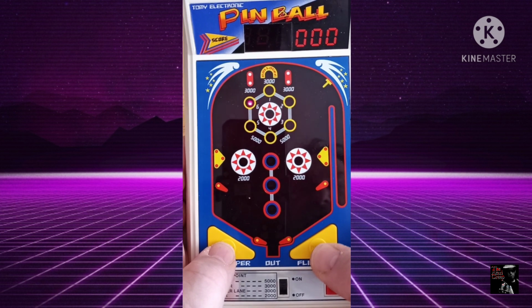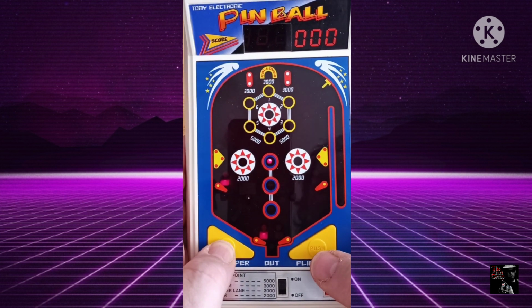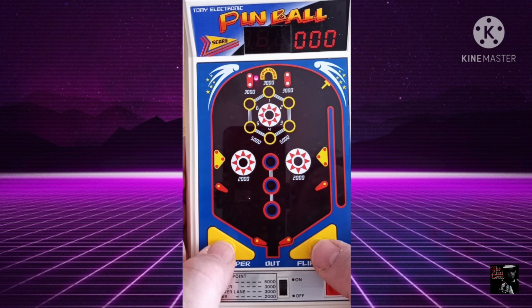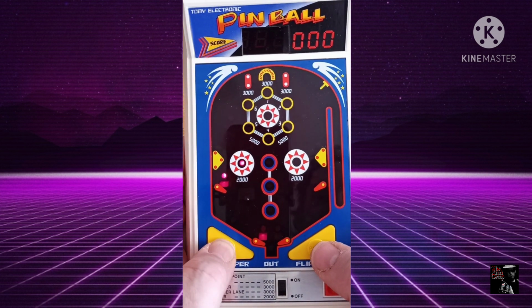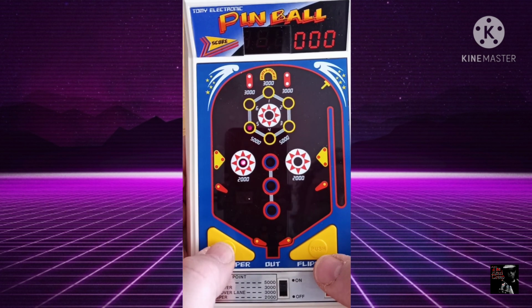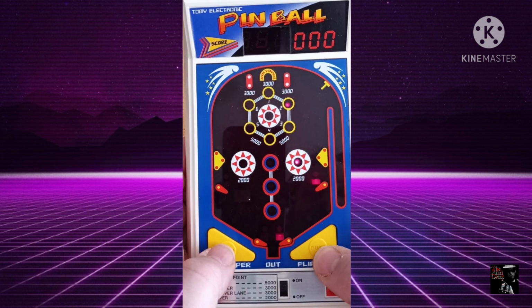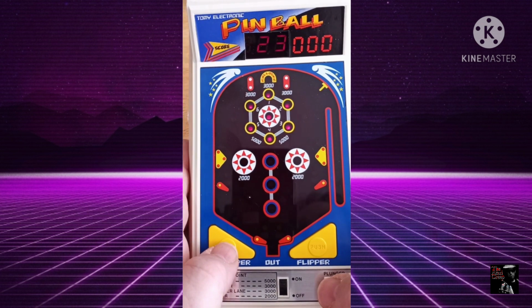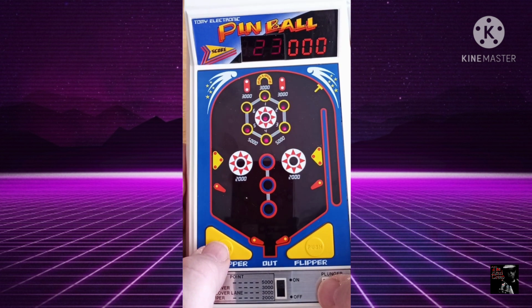Oh, that's pretty cool. Look at the flippers when you hit the button. Oh, come on, I had the flipper out. When you hit the flippers, it shows a little dealing on the... Oh, look at that. It's almost like I knew what I was doing. You know, come to think of it now, I remember the game. I don't remember playing it, though. I think it was one of those things where...